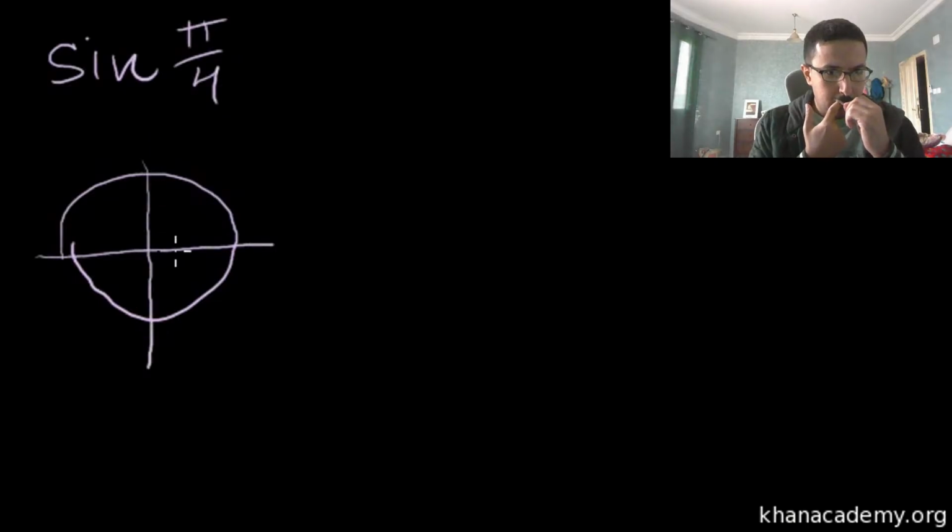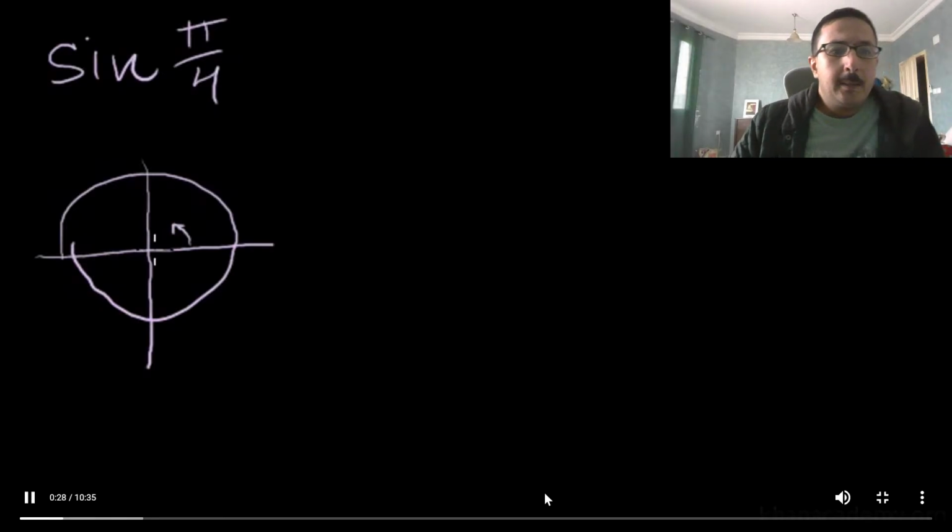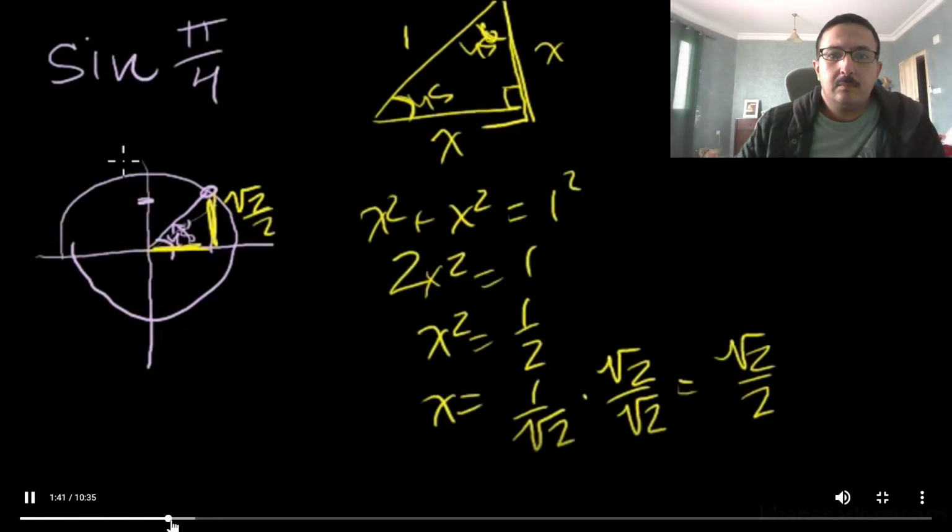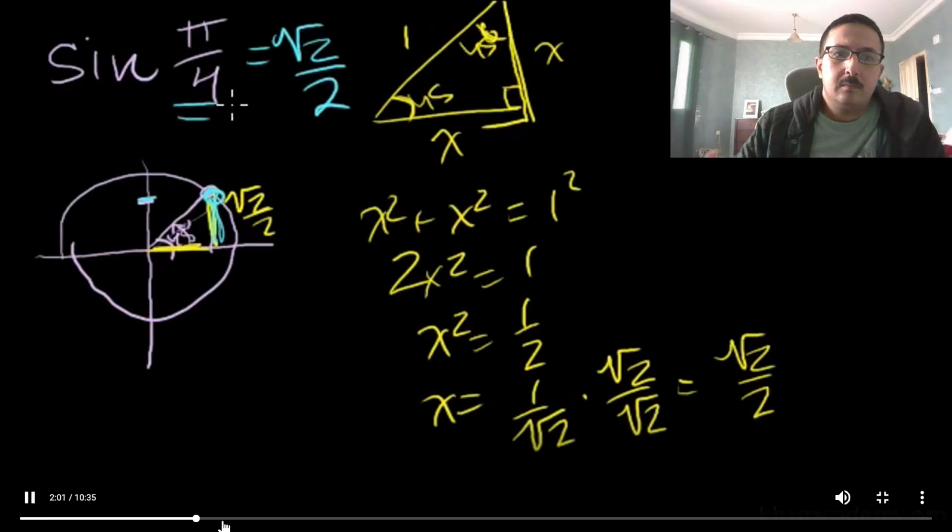You would go to pi over 4 radians, which is the same thing as 45 degrees. You would draw that unit radius out, and the sine is defined as the y-coordinate on the unit circle, so we just cared about the height, because that's the sine value. But what if someone else, let's say on another day, I come up to you and I say,